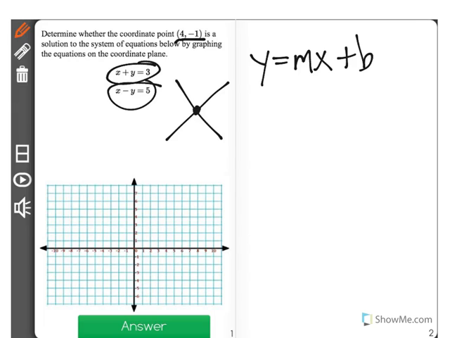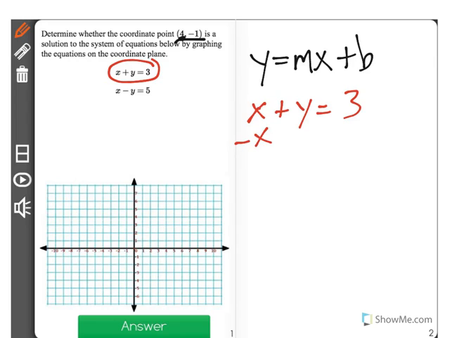So if it's, let's say, (4, -1), then when we input 4 for the x value and -1 for the y value, they will work. That will be a correct solution. The first step, though, is we need to make sure that these equations are in the form y = mx + b. So first I'm going to convert this one